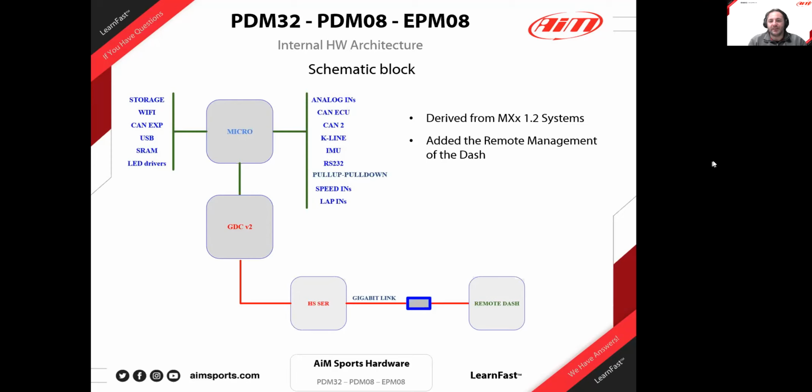That is an automotive high-speed link. We have more or less 1 gigabyte of data moving from the dash to the PDM. So we need a very, very reliable connection, and we chose the Rosenberger standard. This cable is capable of drawing the current we need in the remote dash. It is capable of moving all the information of the TFT, to realize the image of the TFT from the microcontroller